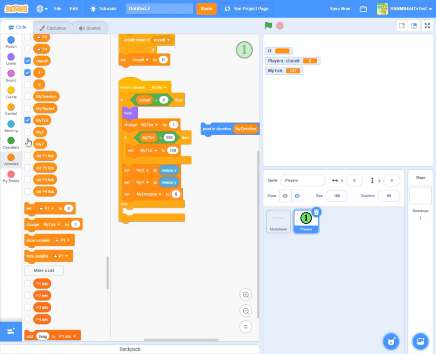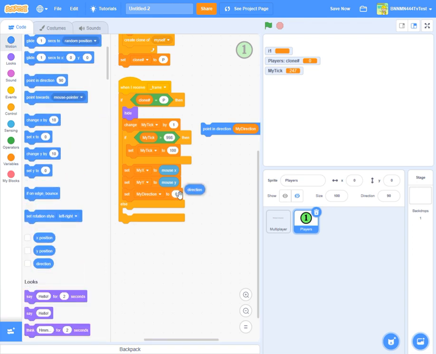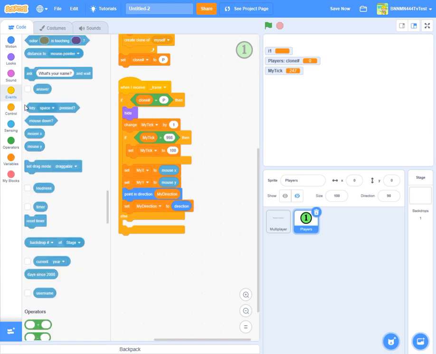And set my direction to the direction. Doesn't that make sense? You set all this to what it actually is. And to get the direction accurate, first we point in direction, my direction, and then